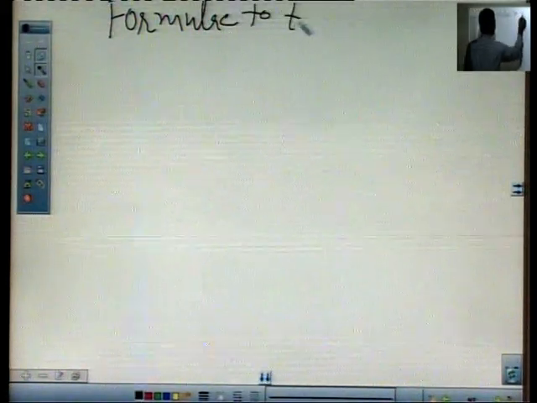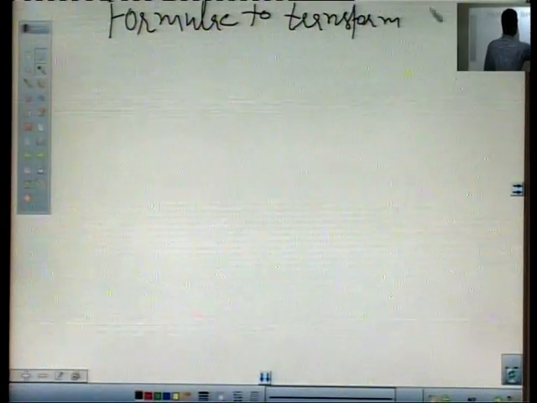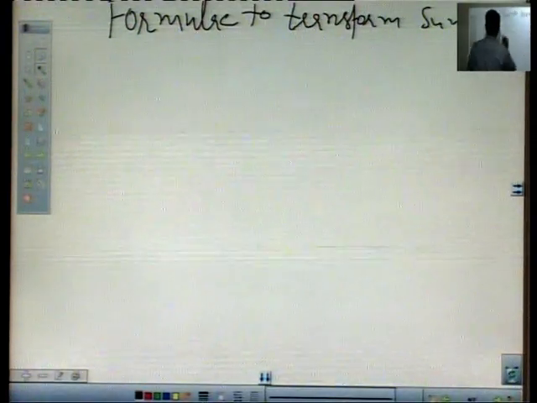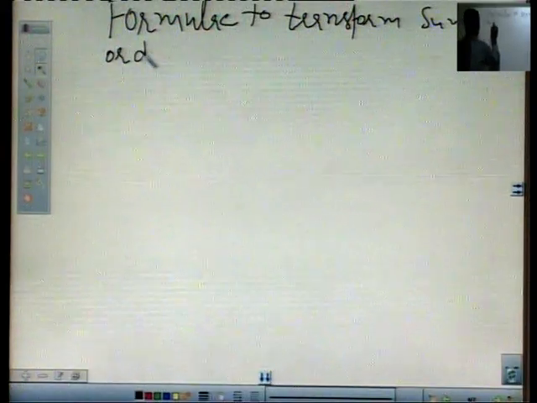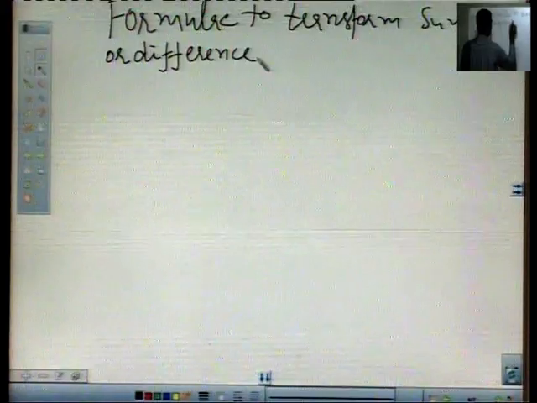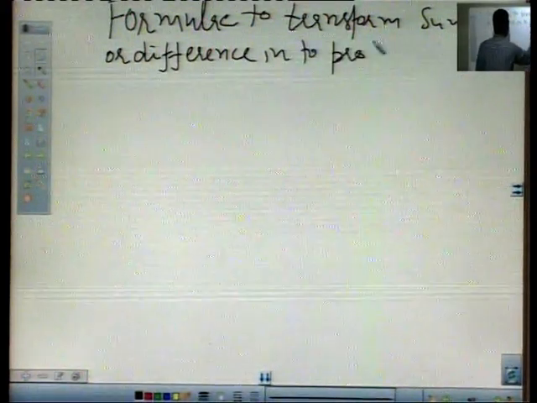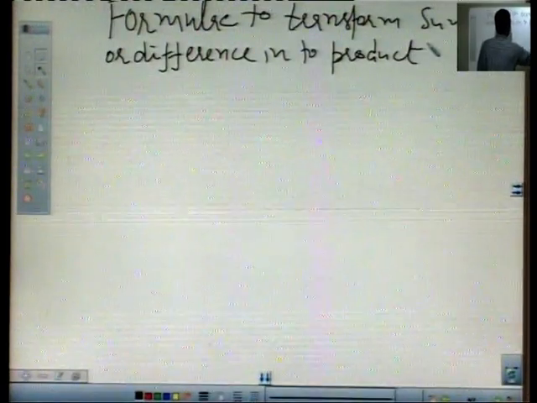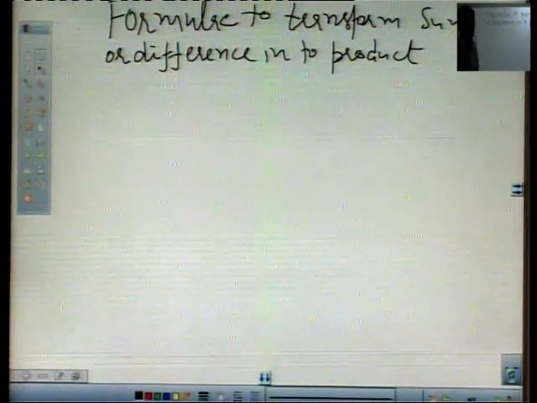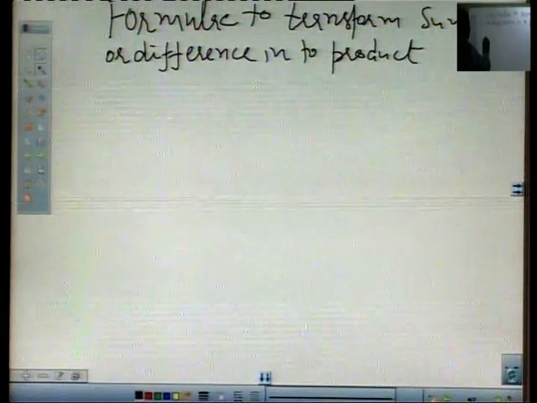Formulae to transform sum or differences into product. So we have 4 formulas to transfer sum or difference into product. Let's repeat these